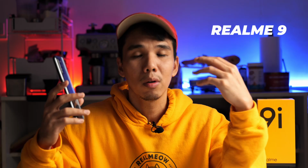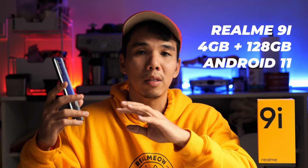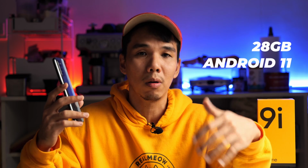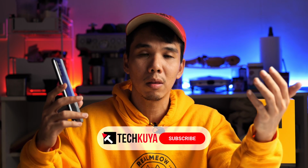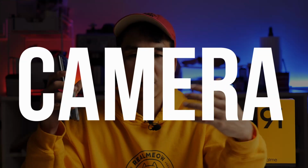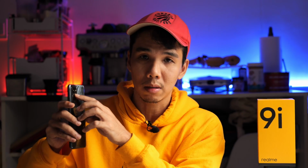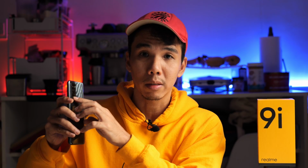Quick side note, we ran the benchmark on the 4GB variant running Android 11, so those numbers might go up once you get the production unit or the retail unit with 6 gigs of memory and once you're able to upgrade to Android 12. Camera configuration on the Realme 9i is pretty much the same as the Realme 8. So there's a 50 megapixel main sensor right here, a 2 megapixel macro camera, depth sensor, and a 16 megapixel